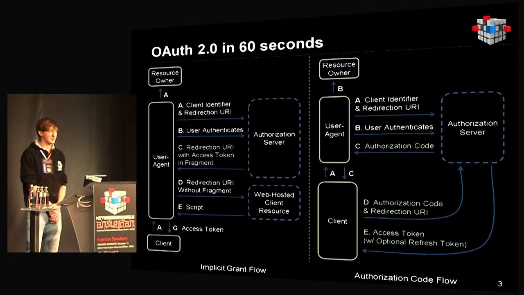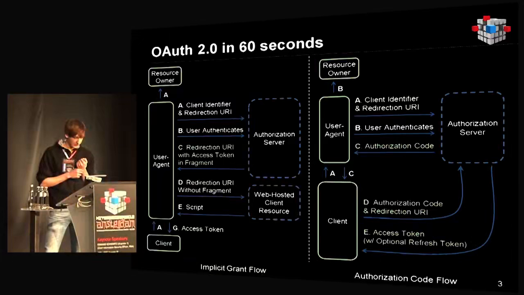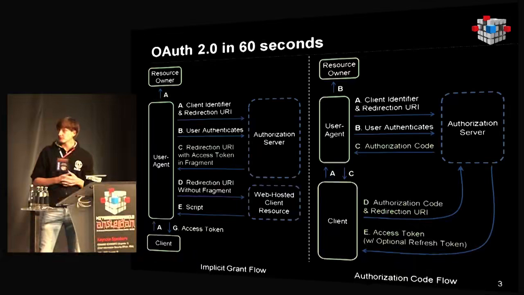Another simple idea which lies behind the authorization protocol OAuth 2.0 is that the credentials, access tokens, or codes are transmitted cross-domain via redirects. So I've put just 2 pictures of 2 flows. There exist 2 flows in OAuth 2.0. The first is the implicit grant flow, the other is the authorization code grant flow. The first one is considered at some point less secure because it gives the access token directly to the third-party application. Look at point C.